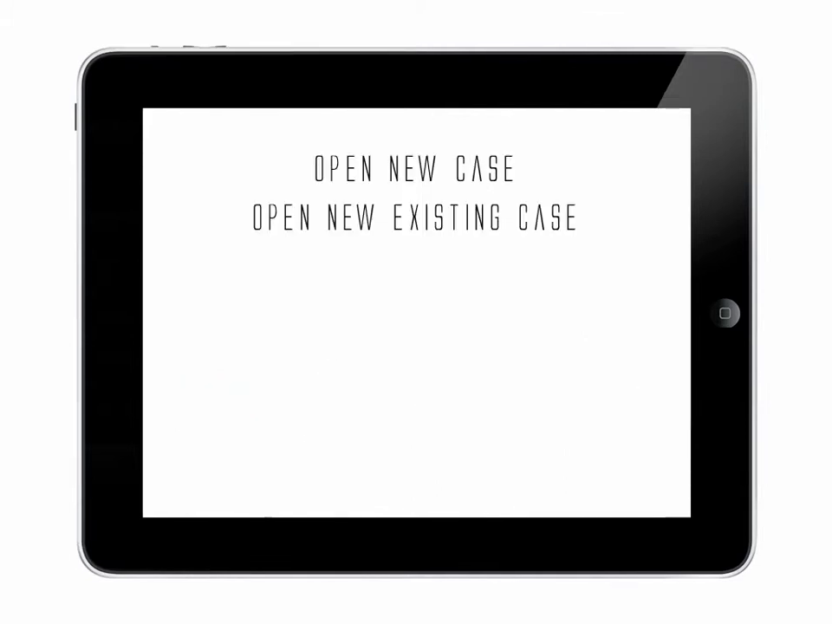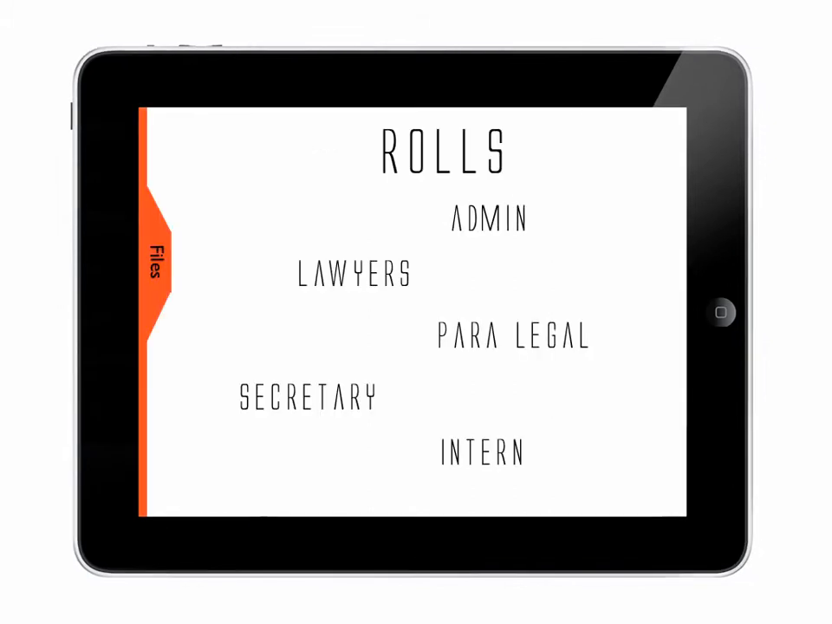Next, you'll get the option for opening a new case or an existing case. There'll be a number of different roles that we'll be dealing with. We'll have an admin because we're going to be selling this software to law firms. So there'll be one administrative password for the entire law firm, and then that admin will be able to assign